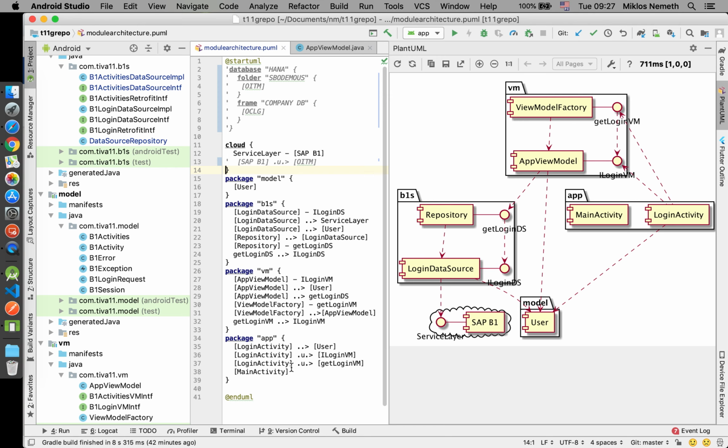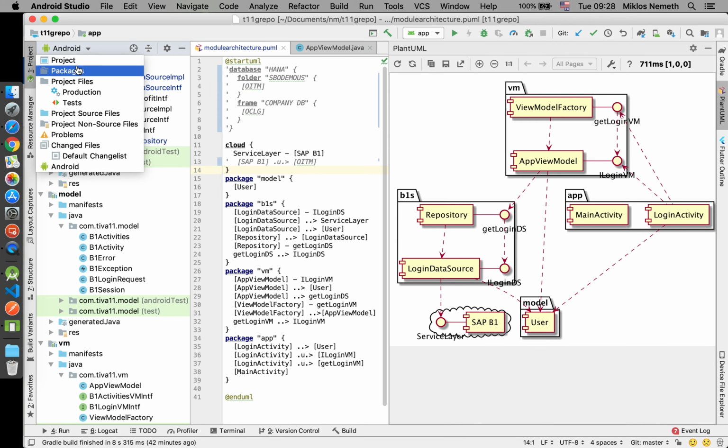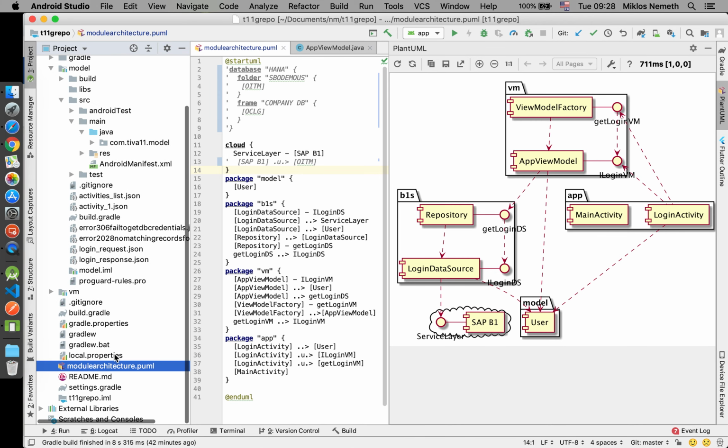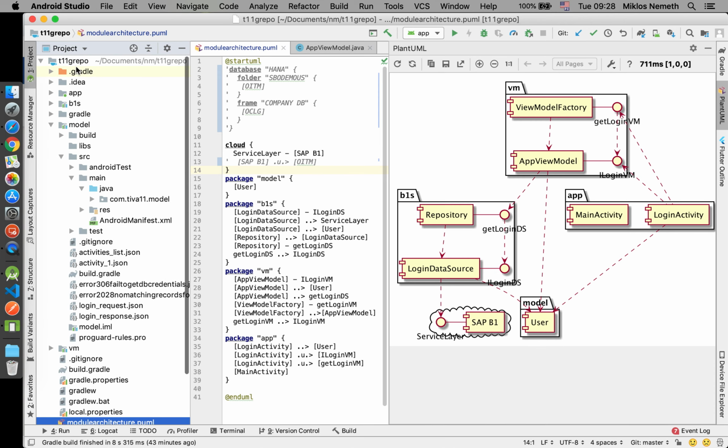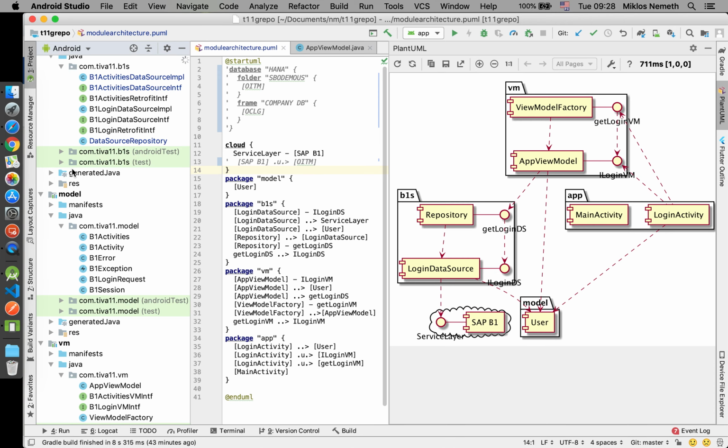This is not going to be a tutorial. What I'm going to show is how I use it in a real application development situation. The file is available here, this is the file I created, module architecture.puml, and this file is a text file and also